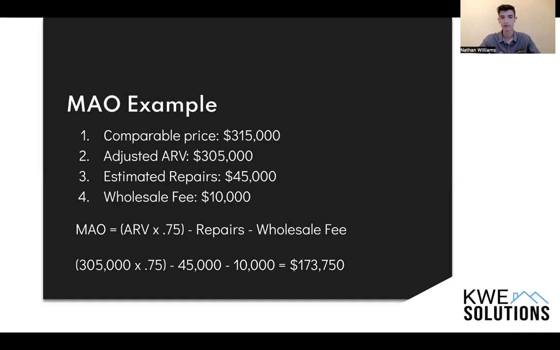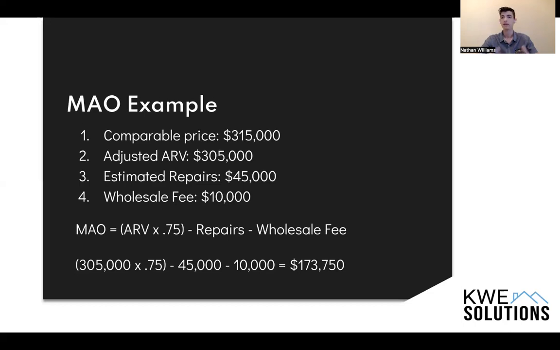You can do some nice high-end cosmetics, paint, kitchen, bathrooms, that type of stuff with a budget like that, most likely. And then let's say our wholesale fee is $10,000. That's not solid. That's going to be up to you. It depends on how much you want to make on it, what's normal for your market, your model, everything like that. But that's totally adjustable. So we just take our formula and plug everything in. ARV is 305,000 times 0.75. That's what we found for our area that works. Minus $45,000 for repairs, minus $10,000 for wholesale fee,